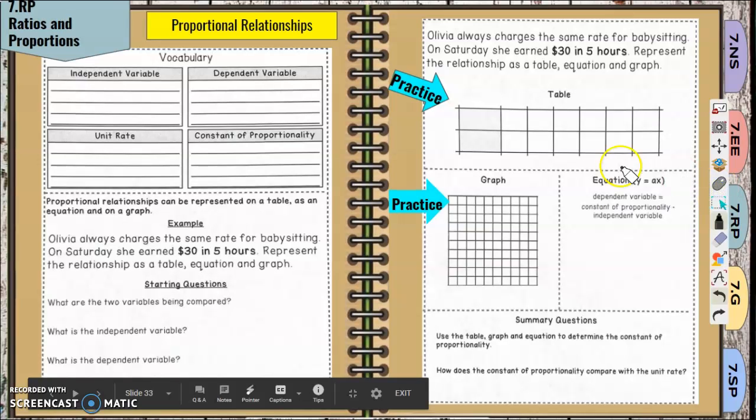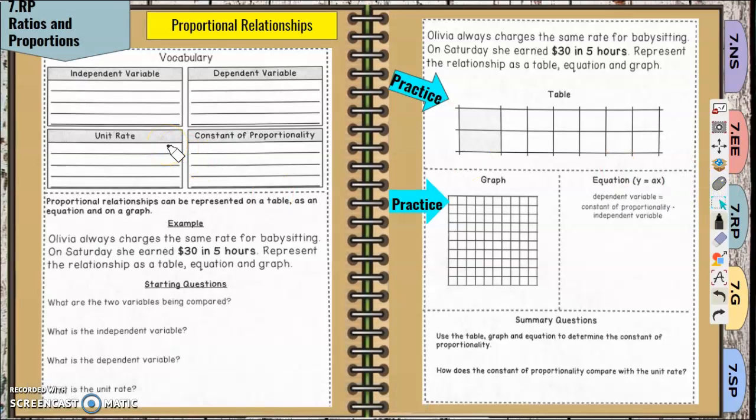All right, so let's talk about proportional relationships. We're going to start with some vocabulary. The vocabulary we have is an independent variable, a dependent variable, unit rate, which we've already talked about, and constant of proportionality. An independent variable is a variable whose value